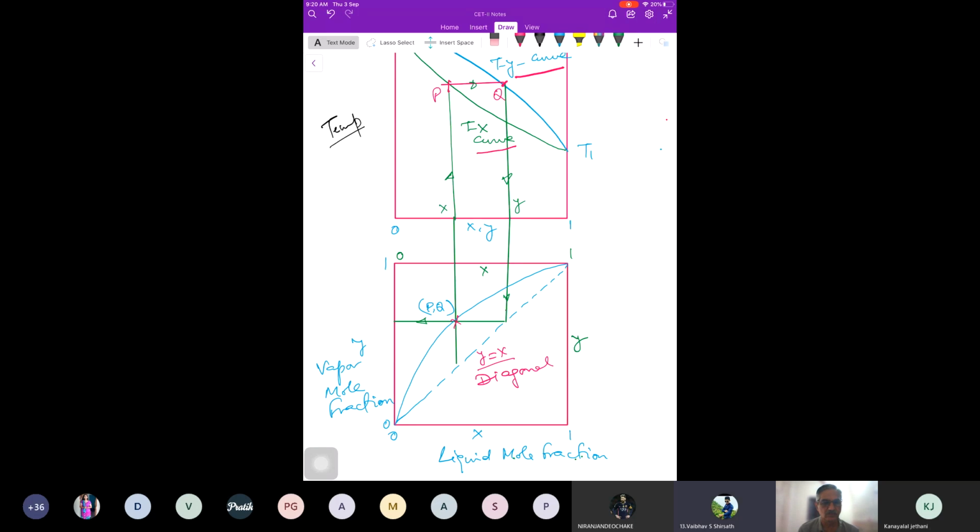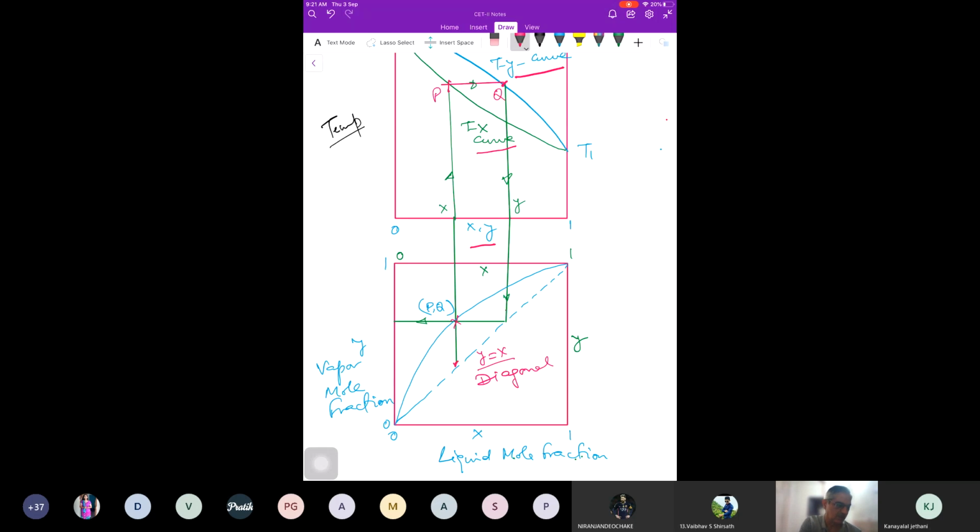सर लेकिन एक पॉइंट से नहीं होगा ना वो, हमें बहुत टाई लाइन. Each tie line is one point on the equilibrium diagram. ये बताया था पहले मैंने. पहले बताया था any point, any tie line is one horizontal line on the txy diagram, and there are two ends to it. One point is on the ty curve, which gives the vapor composition, and one point is on the Tx curve, which gives the liquid composition, right? Liquid composition डायरेक्टली मिल जाएगा because हमारा x axis में क्या है, it is only xy, right? So directly हमने ड्रॉ किया लाइन यहाँ पर, तो हमारे x मिल जाएगा p का, that's what we have got done here, right? This is x value,